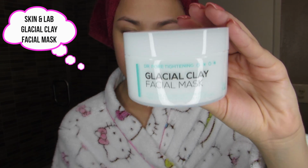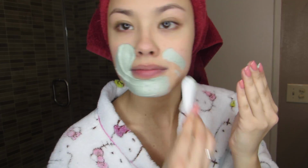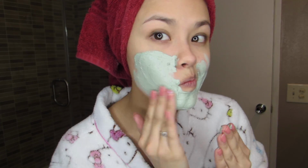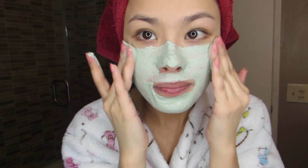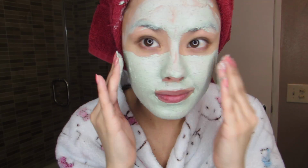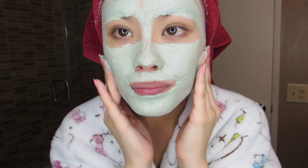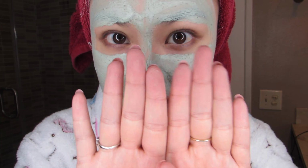Now I'm also going to prep my skin by using a clay facial mask, because I like to purify my pores and exfoliate my skin a little bit, because I find that my makeup applies a lot smoother. I obviously don't do this every day, just on special occasions, just so my skin looks extra nice, and I'm just going to smooth this evenly all over my skin. And once the mask is dry to the touch, I know it's time to wash the mask off and reveal